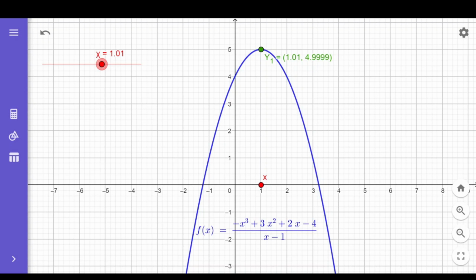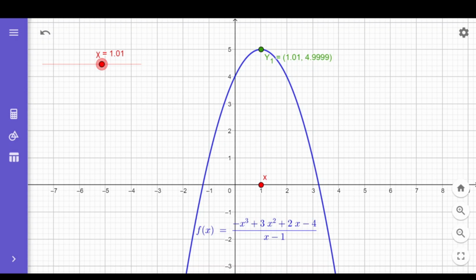Anyone from the group? Recitation. Ano ba ang nakita nyo na nangyayari sa y value nung nilalapit natin yung values from the right of 1? Yes, Mr. Milan, Jefferson. Sir, the value of y is approaching to 5. Approaching 5. The function is approaching positive 5 if x is approaching 1 from the right side of 1.